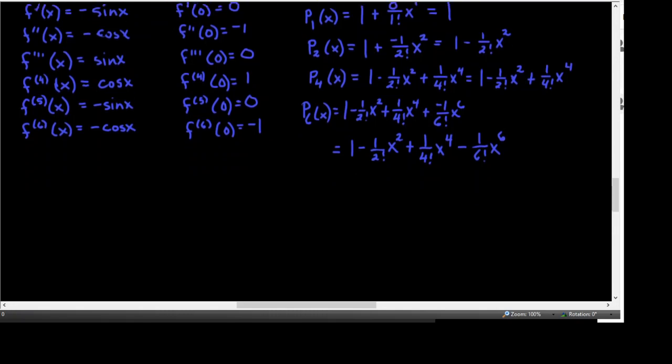They alternate sign, and then it's just the next even power of x with a 1 over that power factorial. Okay, so the next one would be plus 1 over 8 factorial x to the 8th minus 1 over 10 factorial x to the 10th, etc., etc., etc. All right, so those are the polynomials we were supposed to find, and then we're going to use the last one to approximate the cosine of 0.2